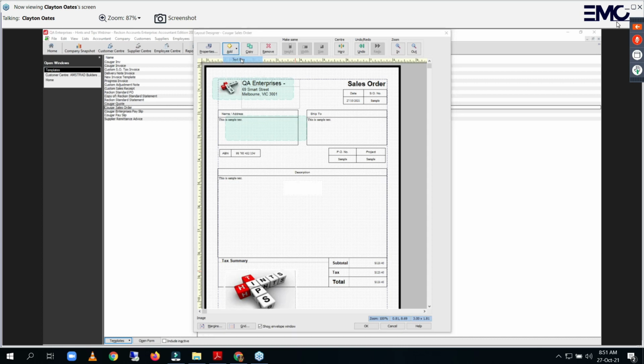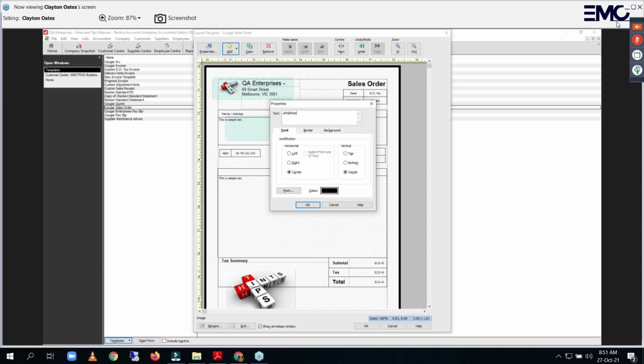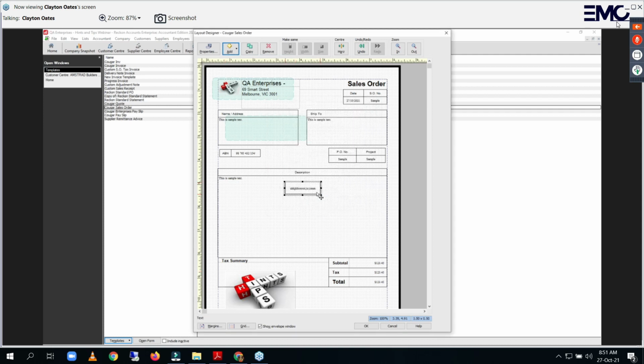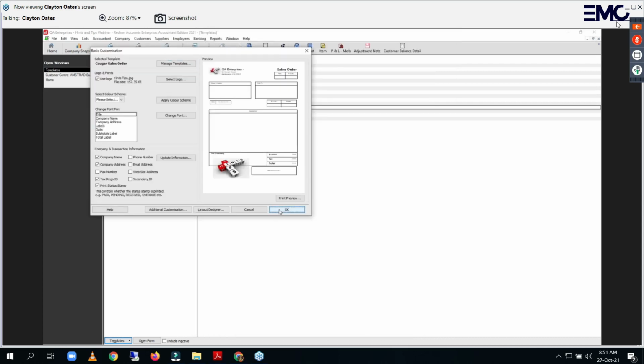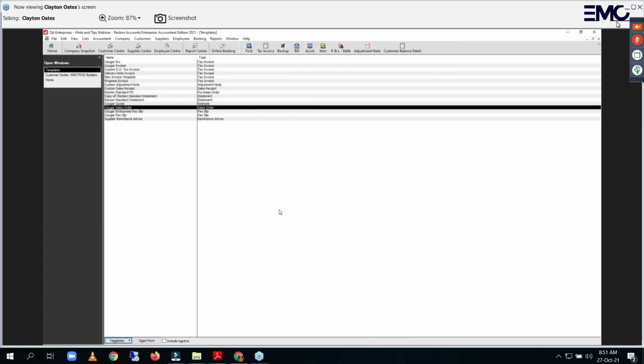You can add a text box, so you can type in free-form text of any sort and position that wherever you want as well. It might be BSB and account banking details, for example, on the document. That's on page 81, where we're looking at moving the template around, inserting perhaps a disclaimer as well,